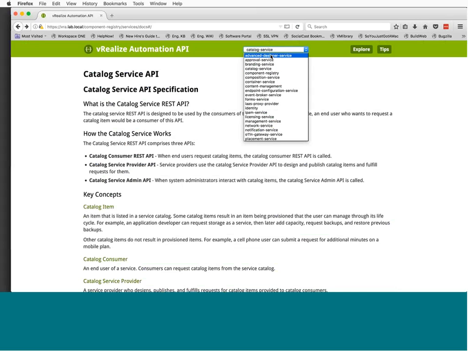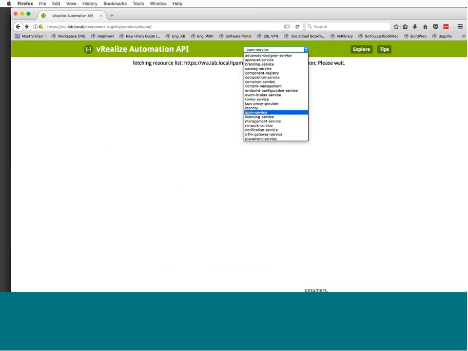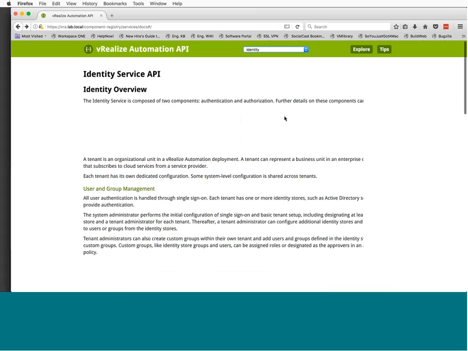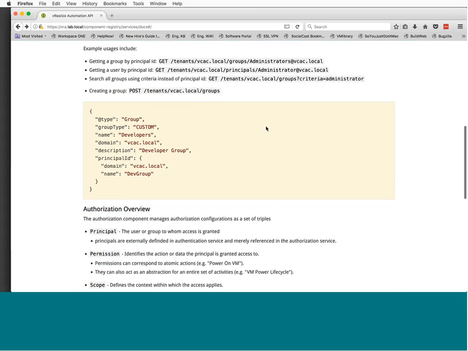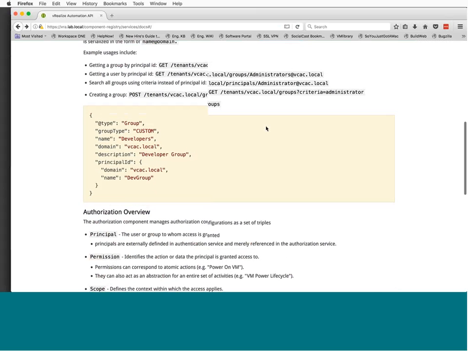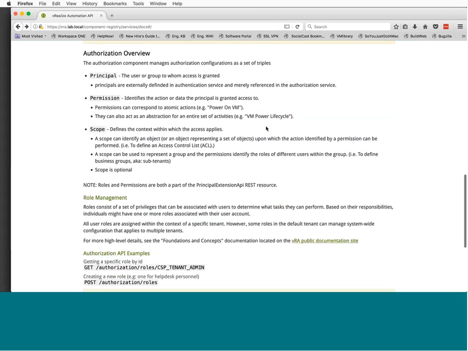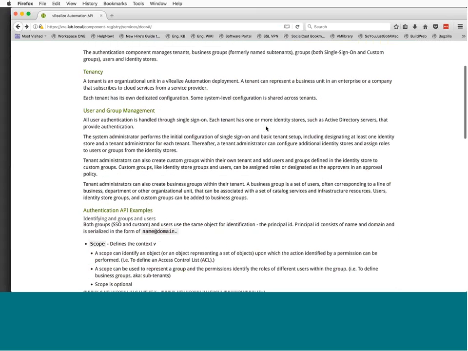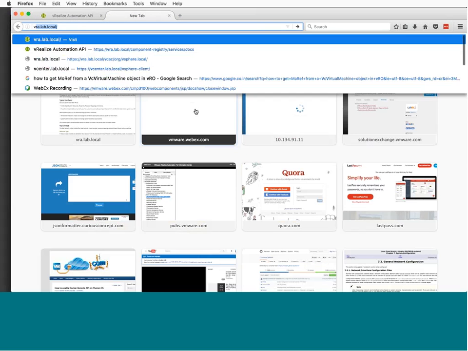I will have to check the identity. Go to identity, and under identity, the first thing that you will get is how you get the identities and stuff. You can explore that to get the token, or the better way of doing it is to search